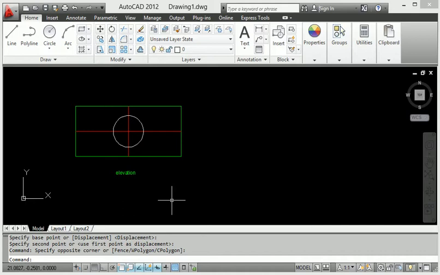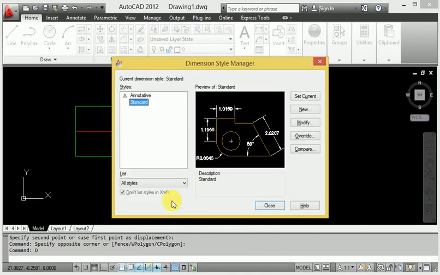When you go to format settings, there is a dimension style, like when you enter D and press enter, this is called dimension style. In this area and this template, if I change one simple thing, then our whole background is totally changed, because dimension style is one format, and when one dimension is changed, everything changes.